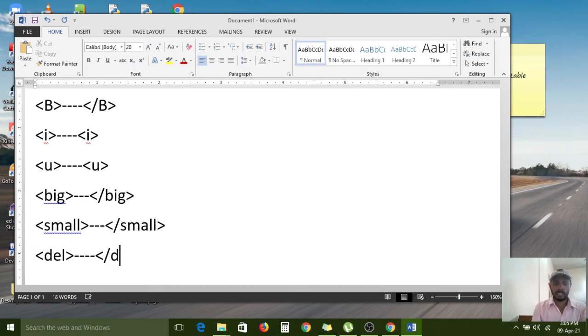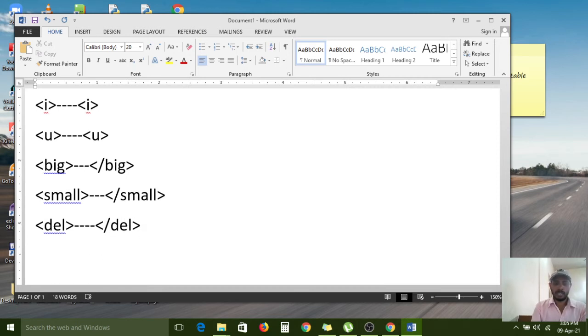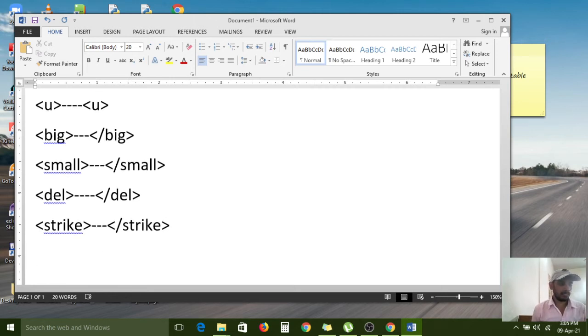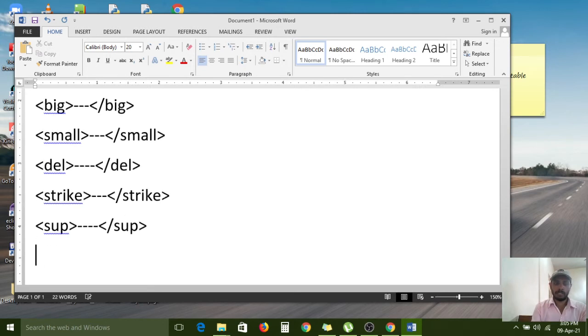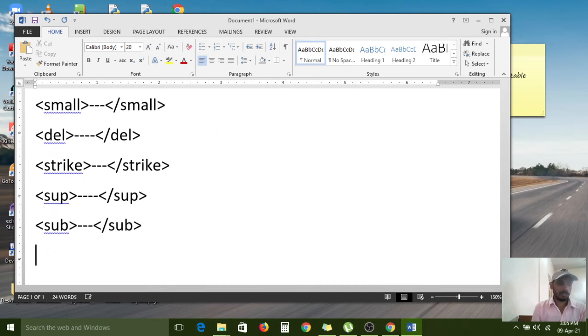Deletion text is there, no? Like strike, deletion text is also called strike. It is a delete type, this one, strike, superscript, and also subscript.